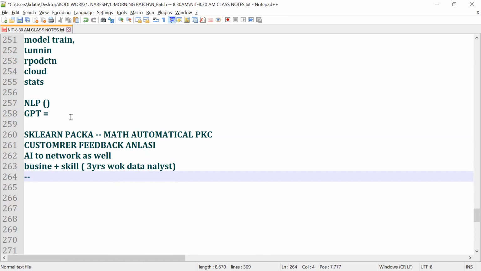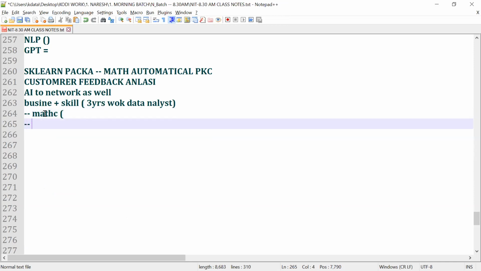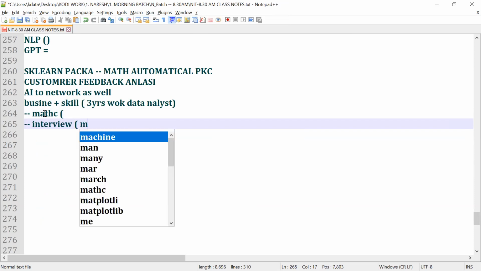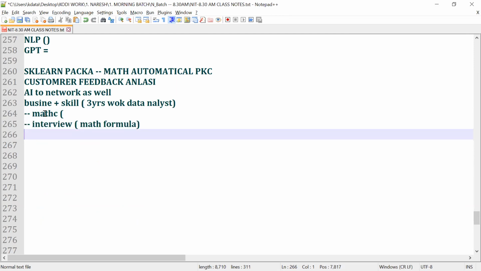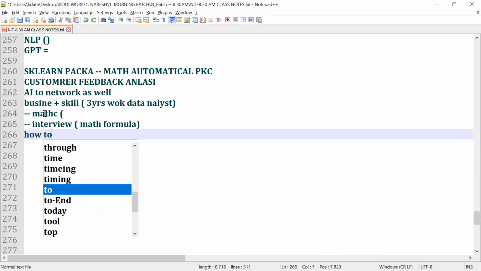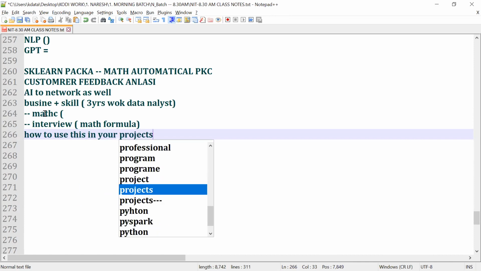So means we don't need to know the statistics and the mathematics? See, I will tell you, you must know this. That's what you're learning, all the math concepts. We need to understand what is derivative, gradient descent, probability, multinomial, naive Bayes, all the concepts I will teach you. But in an interview, do you think the interviewer who will ask will know the math formula? No, right, Nayak? I hope you understand. They don't know the math formula. They want to know how to use this in your projects. And if you explain this, that would be great.